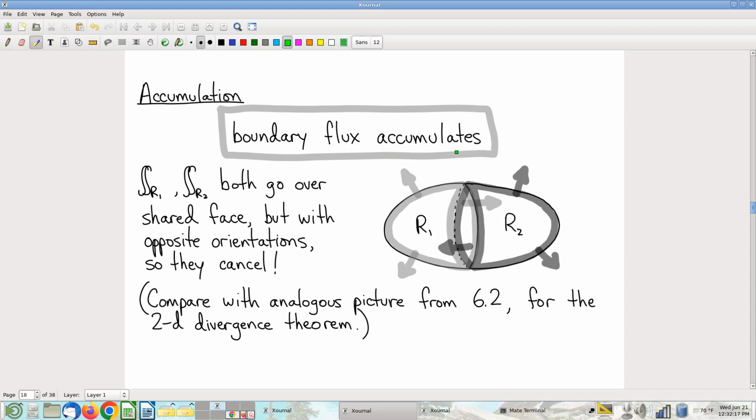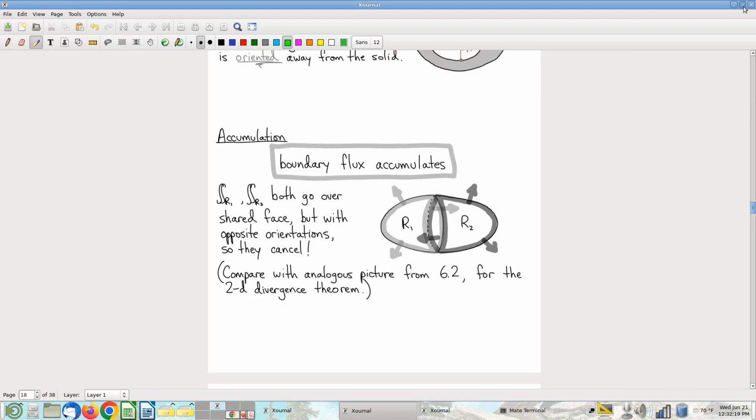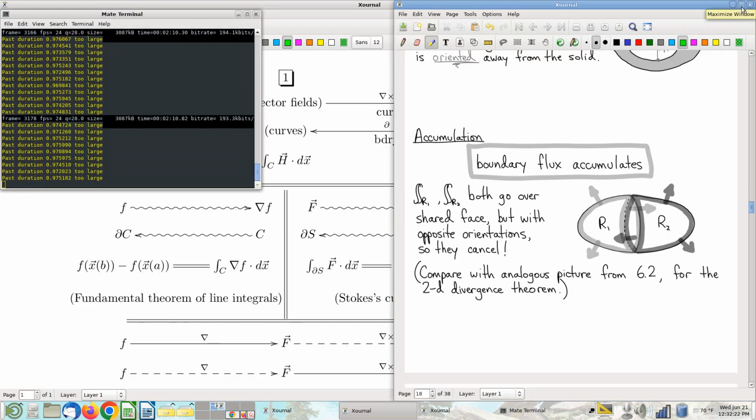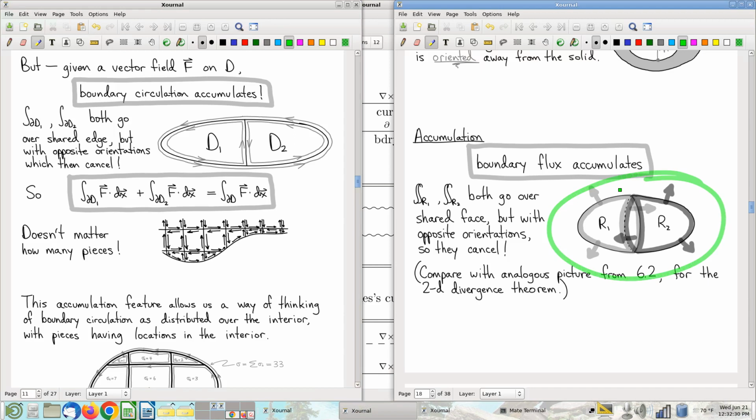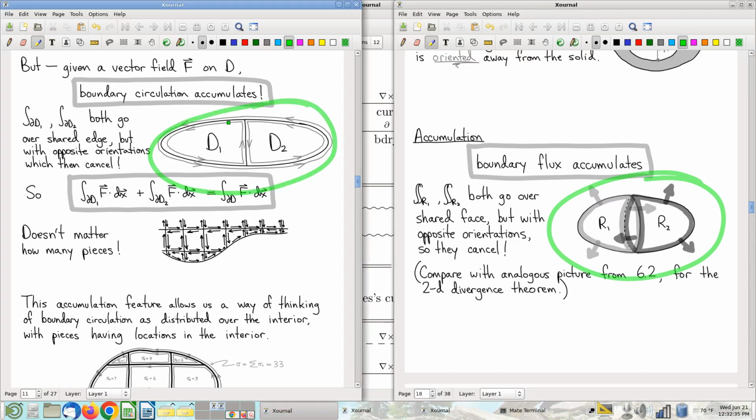So I will, though, real quick, just while I've got it open here, point out the analogy between, look at the picture here in which we argue that boundary flux is an accumulating quantity. And now go back over here to the discussion of Green's theorem, and you see the Green's theorem picture where we argue that, in that case, boundary circulation is an accumulating quantity. And what you notice is there's a lot of analogies. In both cases, when you sort of cut, in that case, your area, in this case over here,